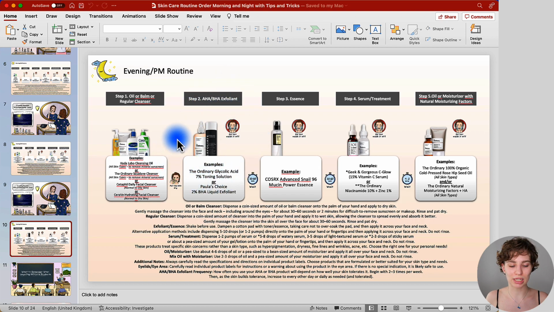Still, when it comes to the exfoliating acids, you have the frequency guide right here below on how you would use them and how you would start off with them. I've set those routines up in a way that, depending on your skin concerns, and I've just mentioned products that would fit with your skin concerns, you can still follow them at home, so that nothing serious is going to happen, because we kept the retinoids and retinols separate from exfoliating acids. This can already make a huge difference. Or what you then need to do is figure out what frequency would work well for you when trying this out at home, but please do not overdo it in general.